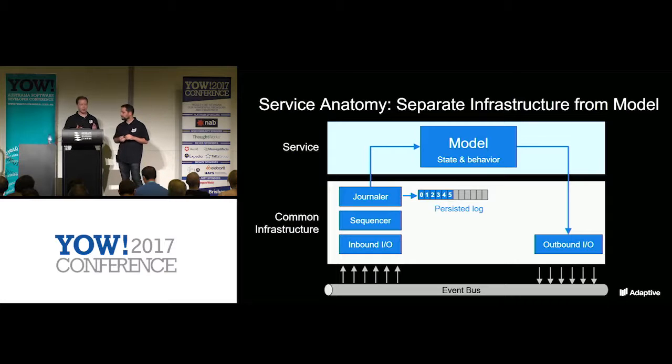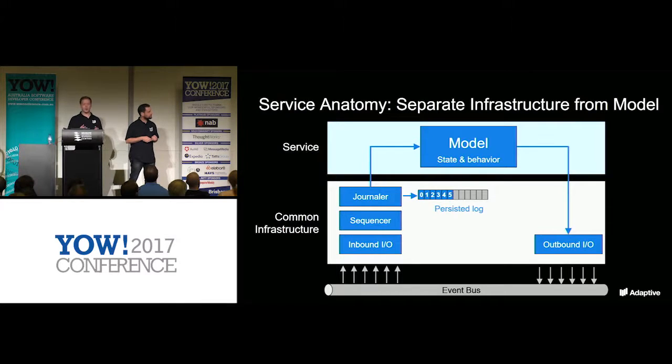It's taking care of sequencing the commands from multiple clients coming over the wire. It's journaling those messages to disk, and then it's passing messages over to the model. So it's a really clean split. It gives us a very nice bubble in which we can model